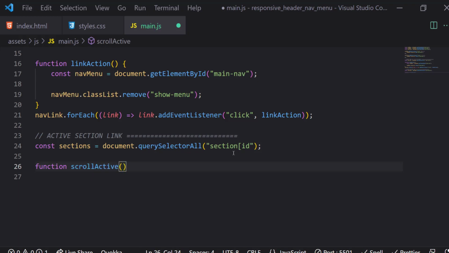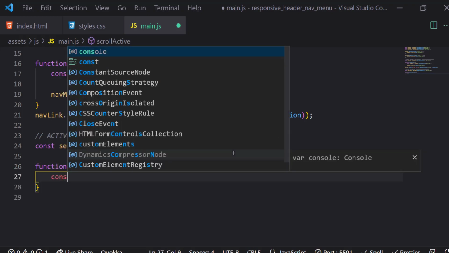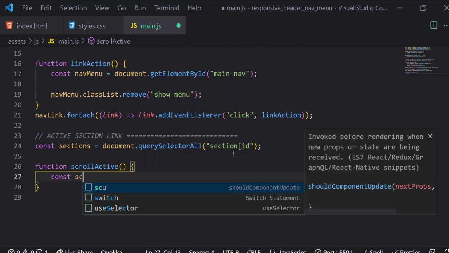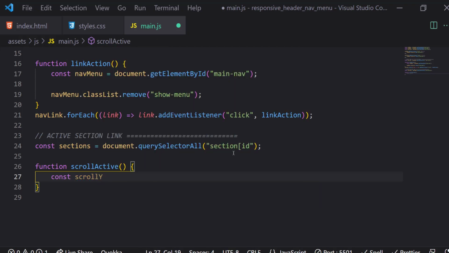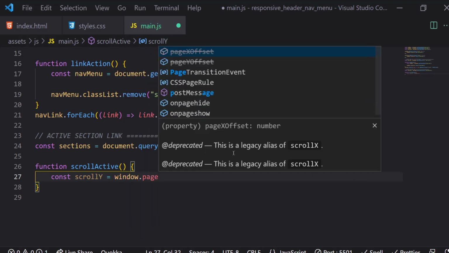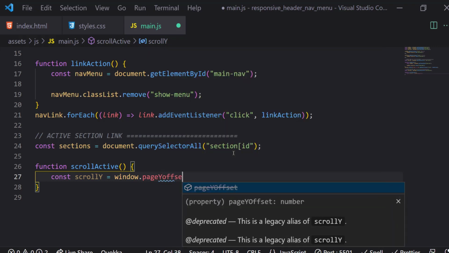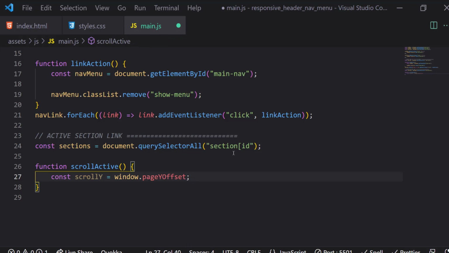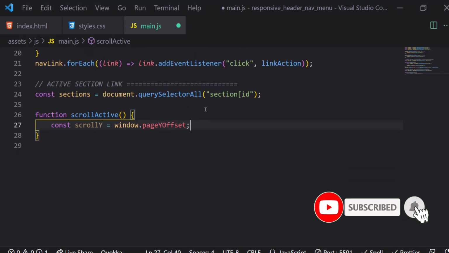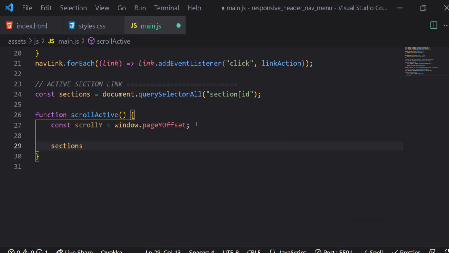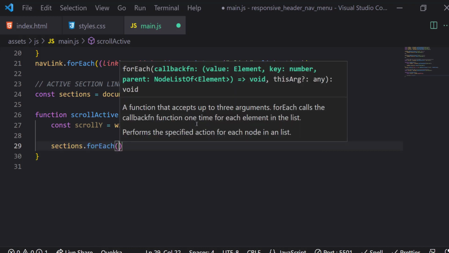So right now I can say const scrollY is equal to window.pageYOffset, just like that. And then what I can do is say sections.forEach section,